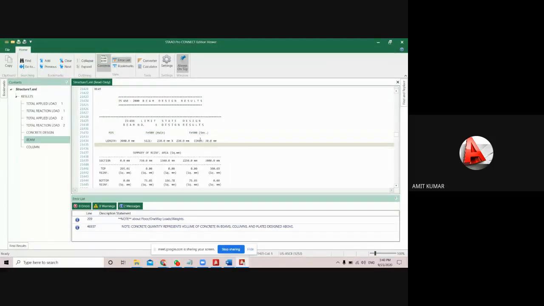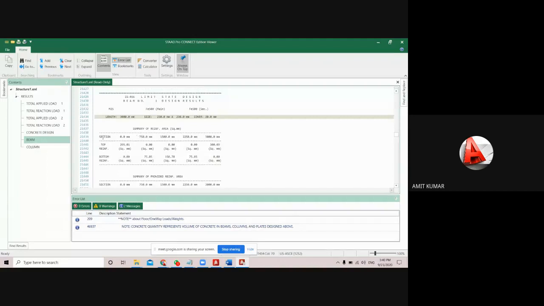And here you are seeing that the cover is 30 mm. मैंने आपको बताया था software will pick the value from 25 to 30 by itself. So here the software is picking the cover value as 30 mm. For the column, it will pick approximately 40 mm. Okay, so now come to the next point.